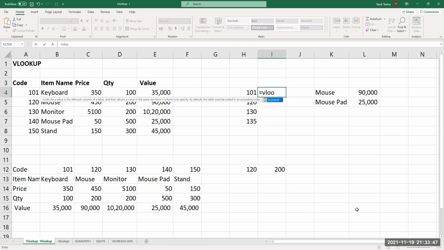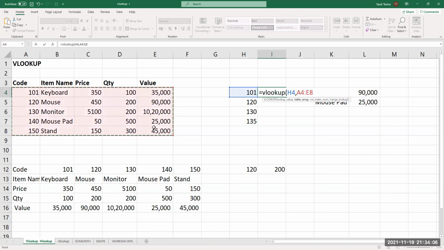VLOOKUP stands for vertical lookup, open brackets. What do you want to look up? I want to look up this cell, comma, where do I want to look it up? In this entire table, comma,